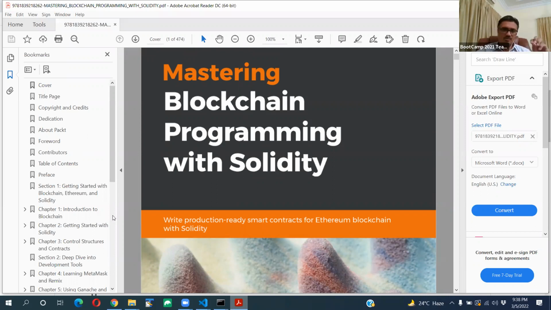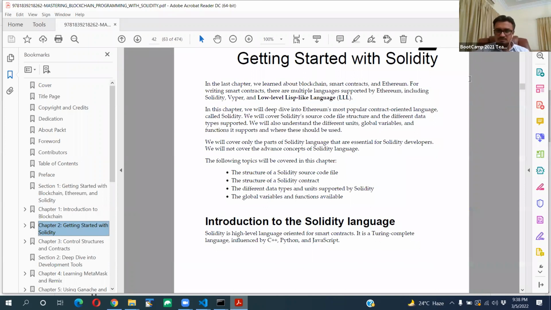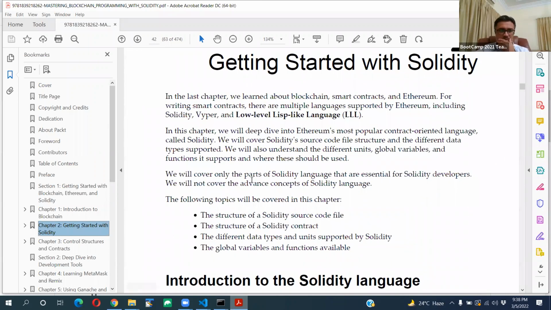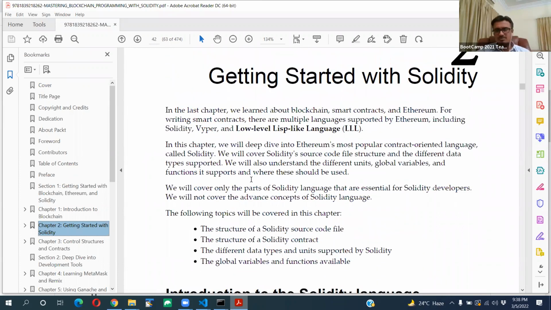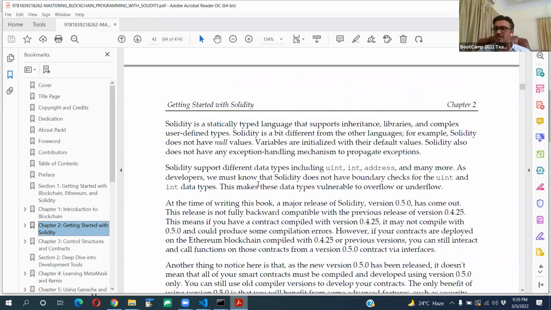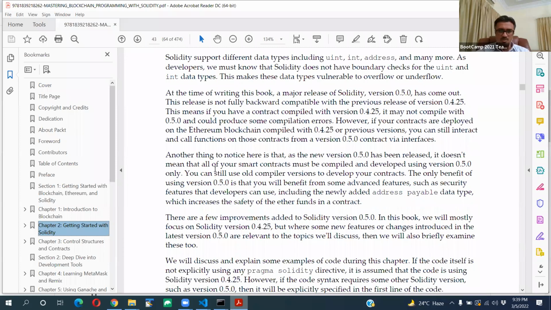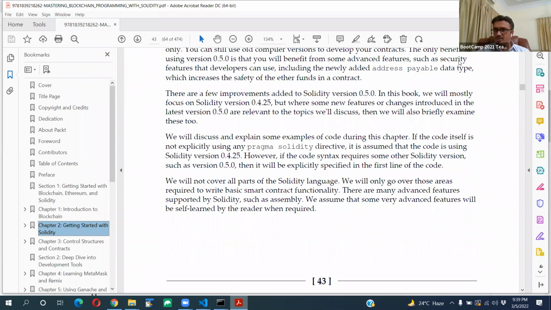So we'll follow this book for a few of the concepts which were not available in the article, and we'll cover this from chapter 2, and then we'll move forward and see whatever topics are available to us and what we need to cover from them. Chapter 1 is an introduction as a whole to Ethereum and the blockchain, so we are not going to cover it. Chapter 2 has many things which we have already covered, so I'll skip them and directly move to the point where we need to